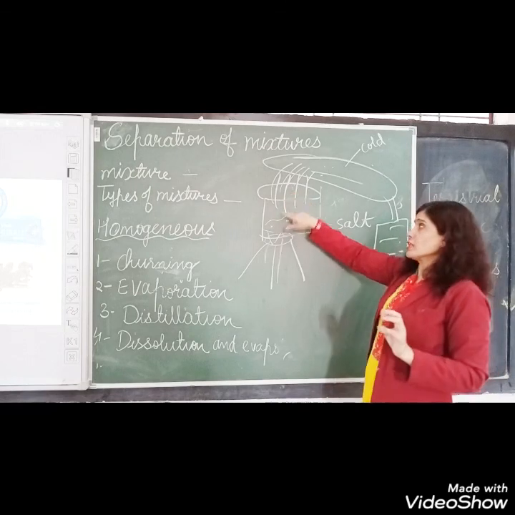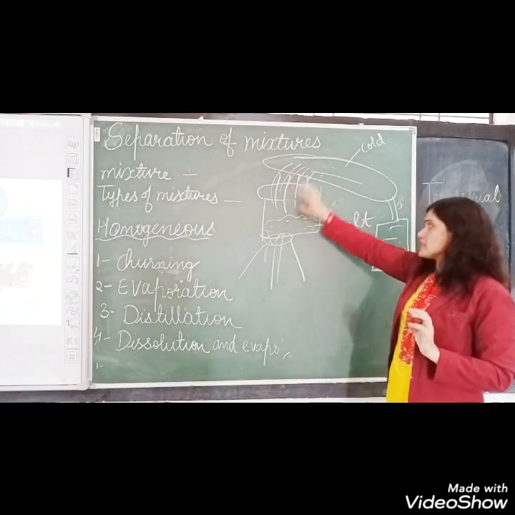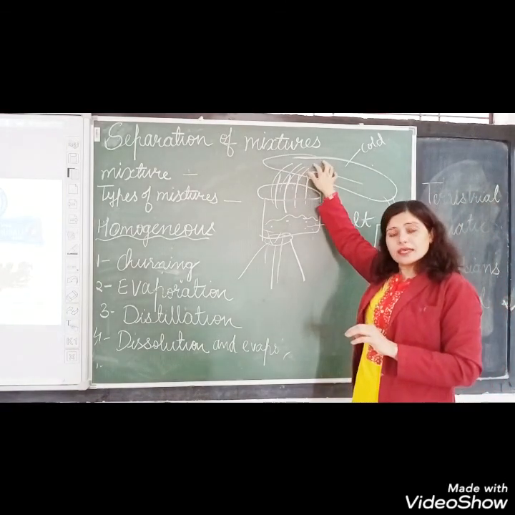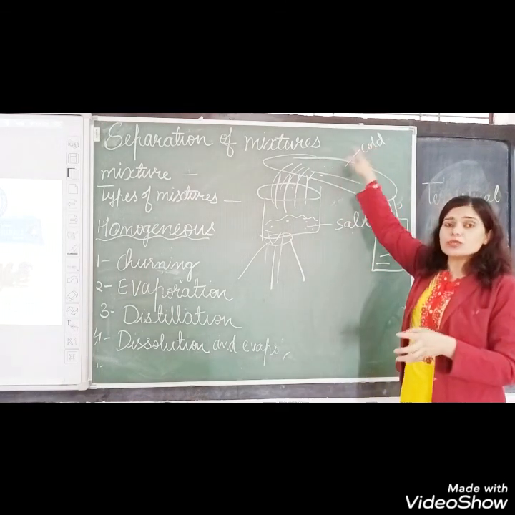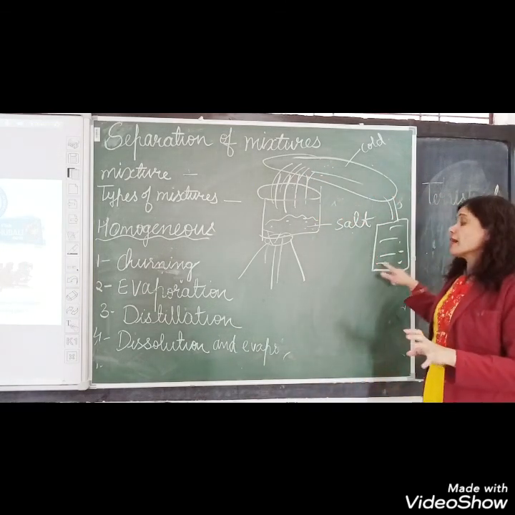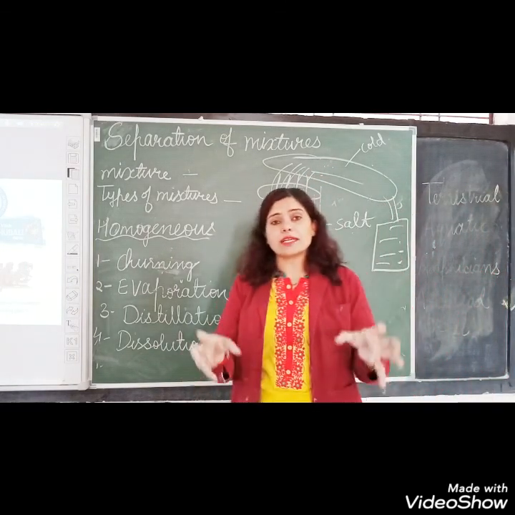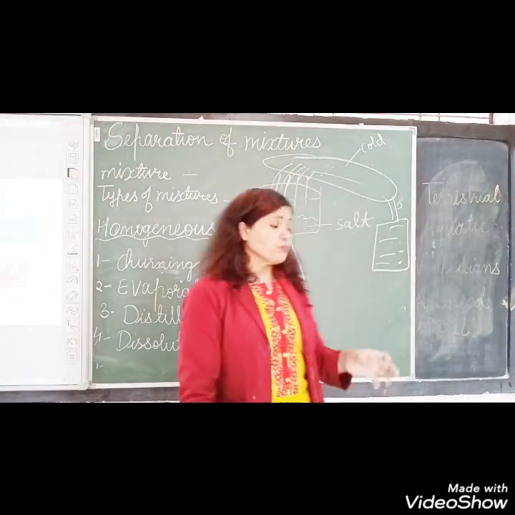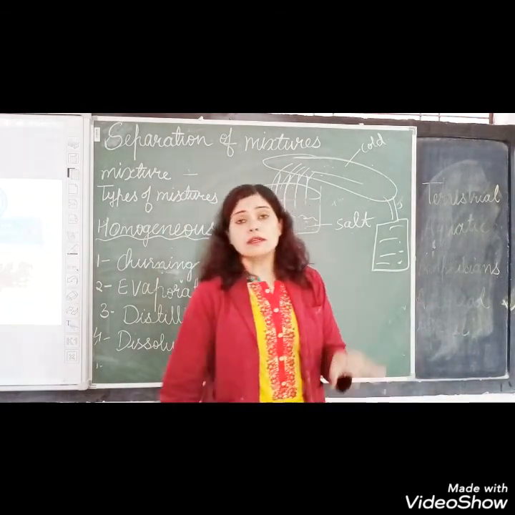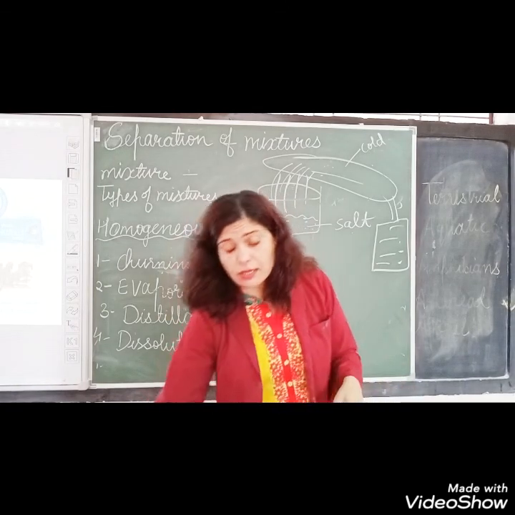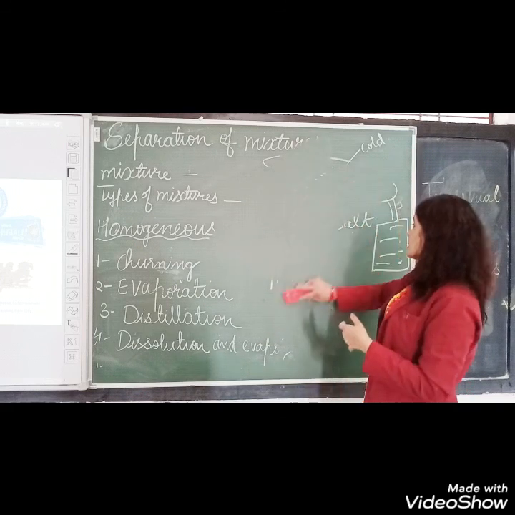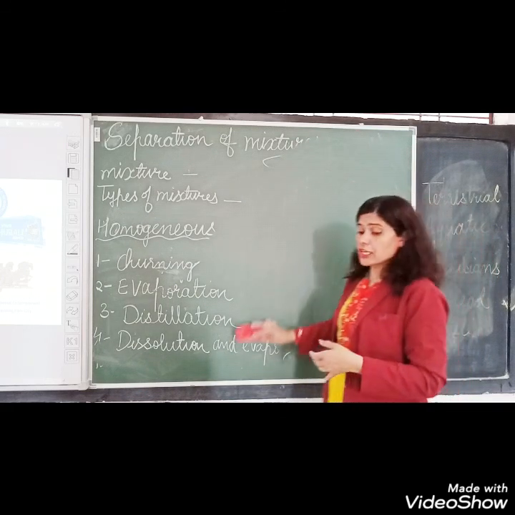Then when we evaporate it, water evaporates in the form of gas, and the salt remains here. Again this water goes and is collected in another condenser, that is known as cool jacket. When these vapors come in contact with this cool jacket, they cool and are collected in another beaker, and we get the pure water. In that way, we get both constituents, that one is salt and the other is water. This is another method of distillation. The next method is distillation and evaporation.